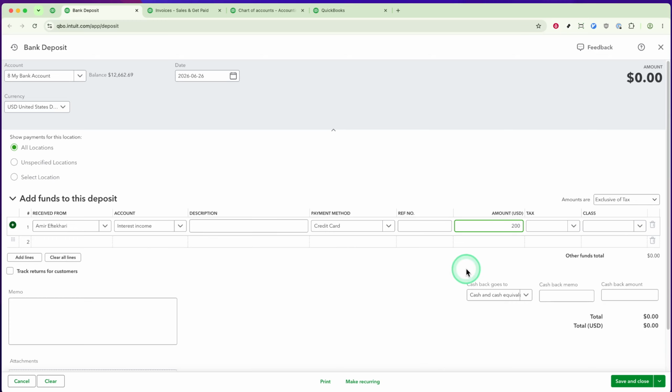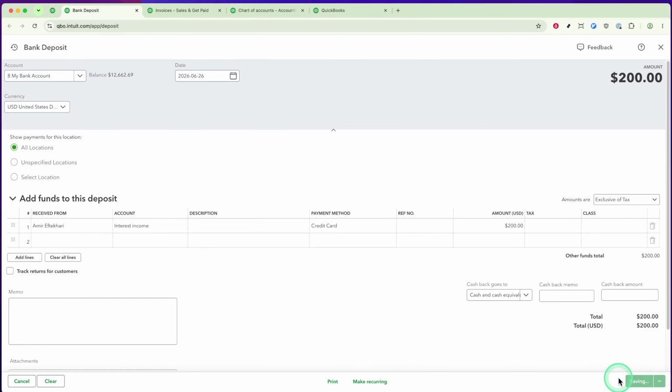Once you've reviewed all the information and confirmed that everything is accurate, click Save and Close to complete the process. And that's it. You've successfully recorded a customer